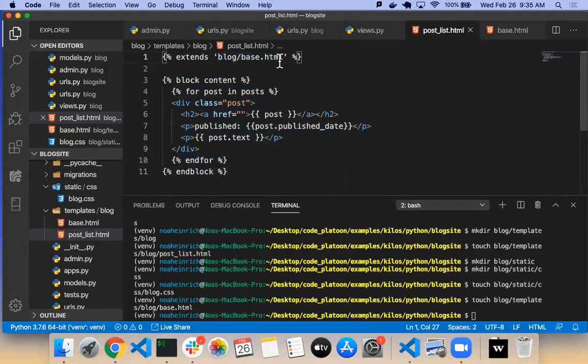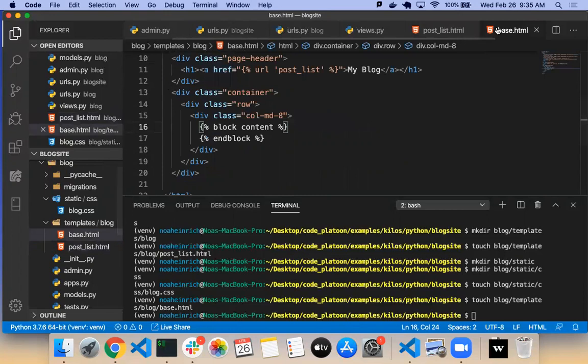So right now it looks exactly the same, nothing changed. But as we add more templates, we can keep on saying extends blog/base.html, and then add just block content. For each page, we only need to write the things specific to that page, and all of the styling and things like navigation bars can live in base.html.